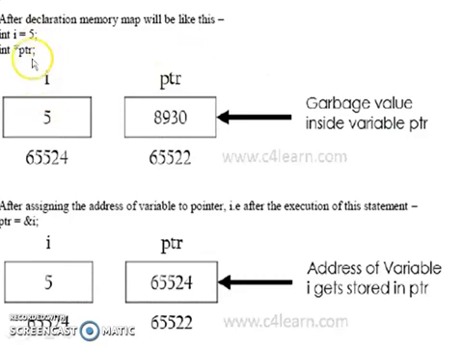Initially we are declaring one variable I with the value 5. This is the actual address of that variable I. Now we are assigning the pointer variable with the I variable's address. Before assigning that value, the pointer can hold some garbage value. Now we are assigning the pointer with the address value of I. After assigning that, it holds the address of the variable I. So now the value has changed. That is, the address of the variable I is getting stored inside the pointer.